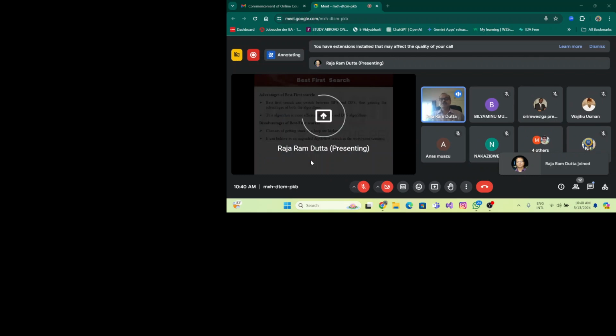Best first search is more efficient than BFS and DFS. BFS and DFS are traditional algorithms, widely used in data structures, breadth first search and depth first search. So best first search provides better efficiency than breadth first search or depth first search, but